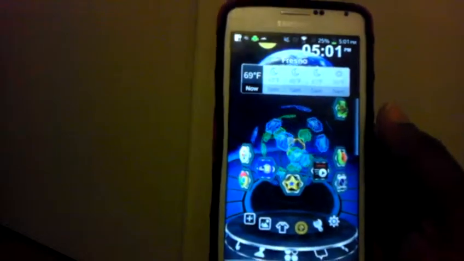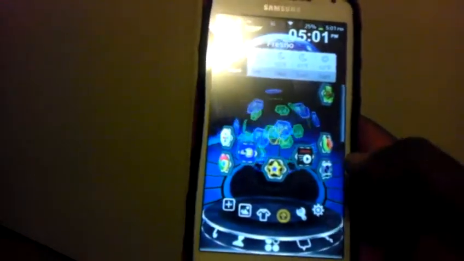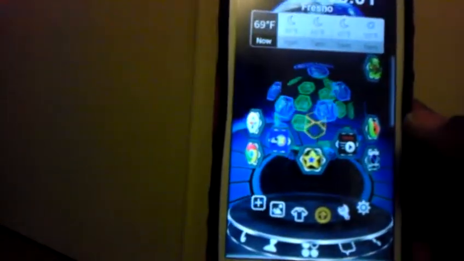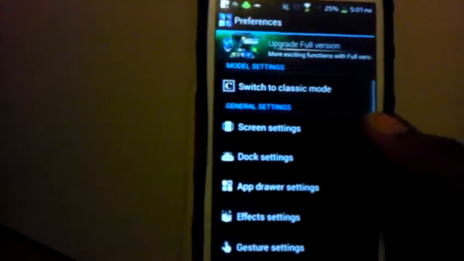I mean, this is, oh my gosh. This is sexy. That's all I can say. Let me put my code in. I don't know why I did that, but this is sexy. Let me go back. Oh my gosh. I don't see how you cannot want this. This is lust. I'm lusting.